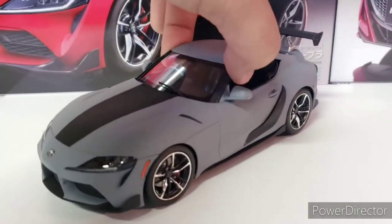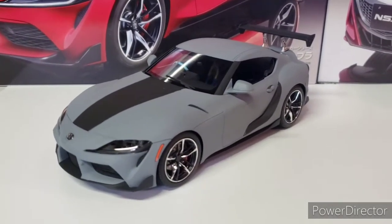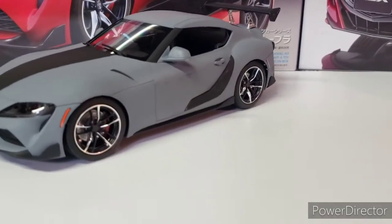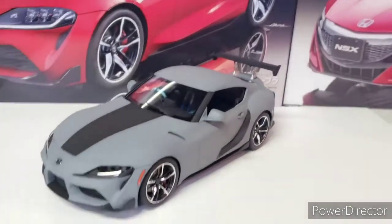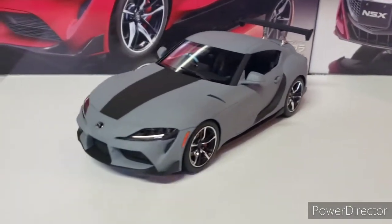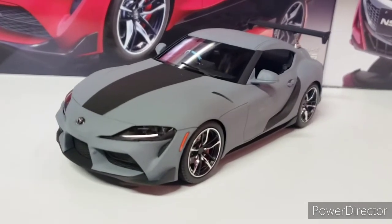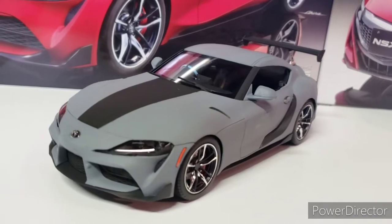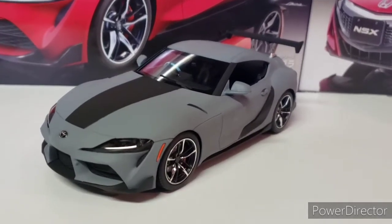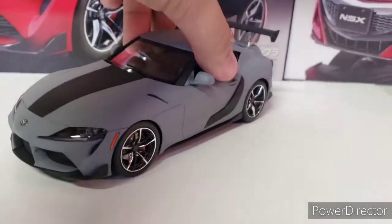I love that it's just flat gray. It's not some sort of crazy color. It's just really badass looking. And she also has another car, which I will bring in a minute. She has a bunch, but she's mostly the tuner kind of person. Like my Circle character, he does have some cars like that, but a lot of the times he has big muscle cars. So I'll bring in her other car right here, which is a bit of a fail,